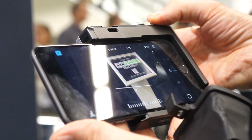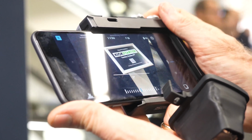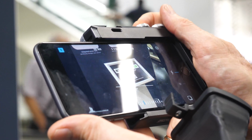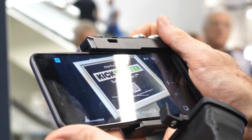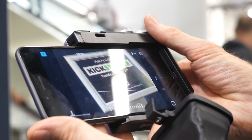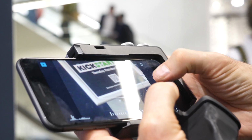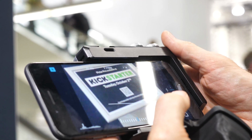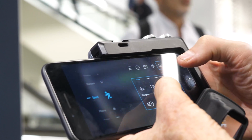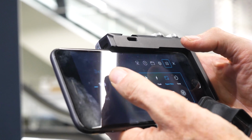So with this wheel here I can control the exposure compensation, make it lighter and darker. With this, if I indent it, I can change it from front camera to back again. And here, because I've got a twin lens, I can have an optical zoom by just quickly pressing the top wheel here. It's got a continuous zoom, and actually you can change the speed of the zoom by pressing the zoom function in. And then in the menu here, you can turn on the histogram, horizon, you can change the aspect ratio,